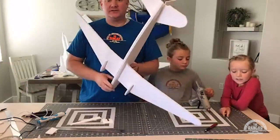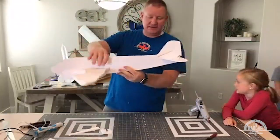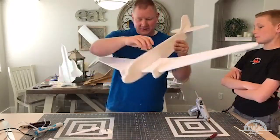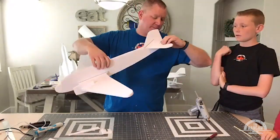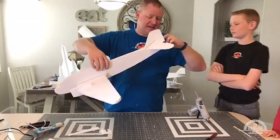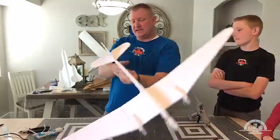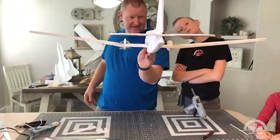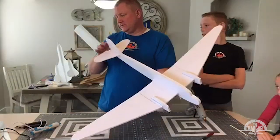Okay, you guys ready to go see if these things will fly? Yeah! Yay! So here's the cool thing about these: you can throw these at the ground, and if you include a little up elevator, you can just bend it up like this. You can chuck it at the ground and it will skim along the ground and then pull up so you can catch it. So that's why we put the paper clips in there. Now you'll see that I've added just a hair of up elevator. Can you see that? Just a hair of up elevator. And that will allow us to be able to,